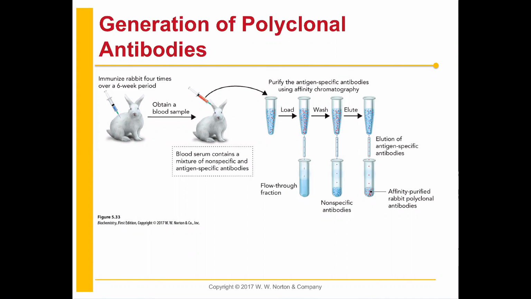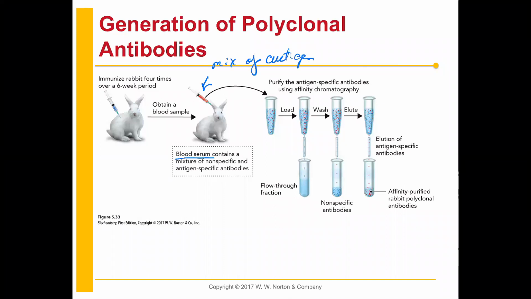So what you want to do is isolate the blood serum. So you take blood samples out, you remove the red blood cells. What you're left with is that blood serum that has high amounts of both antigen-specific, and unfortunately you also have non-specific antibodies, right? It's not the only antibody that the animal's producing. Hopefully it's the one that it's producing the most of, but it's not the only one. So then, because this is a mix of